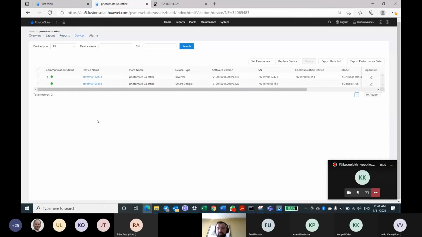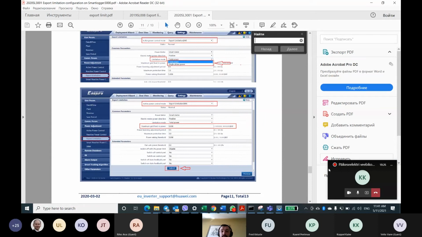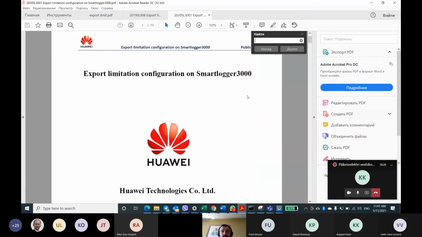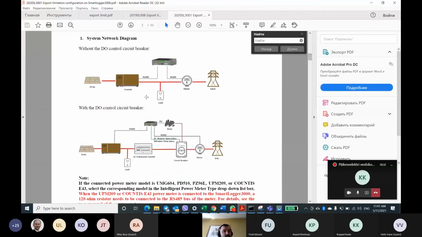So how to set up the export limitation? For example, you have this scenario where you have the inverter, then there is some load in the middle and a meter connected at the grid connection point.